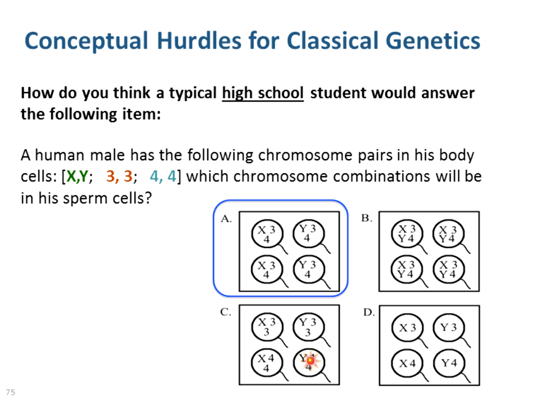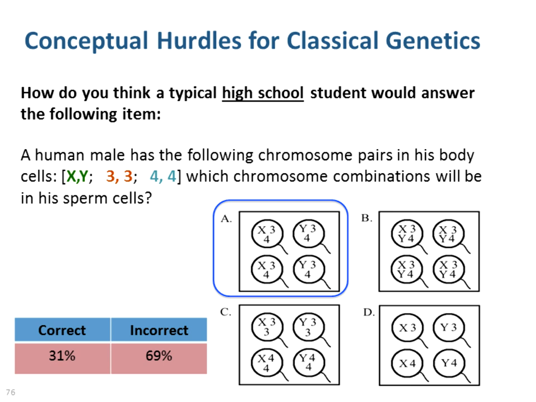This is another version of splitting, but again, they didn't split the X and the Y. So they split the 3 and the 4, but the X and the Y really trick kids up. They don't quite know how to handle that because it's not exactly the same. And here they're not really splitting correctly either, right? So this is not half. You have 6, half would be 3, not 2.